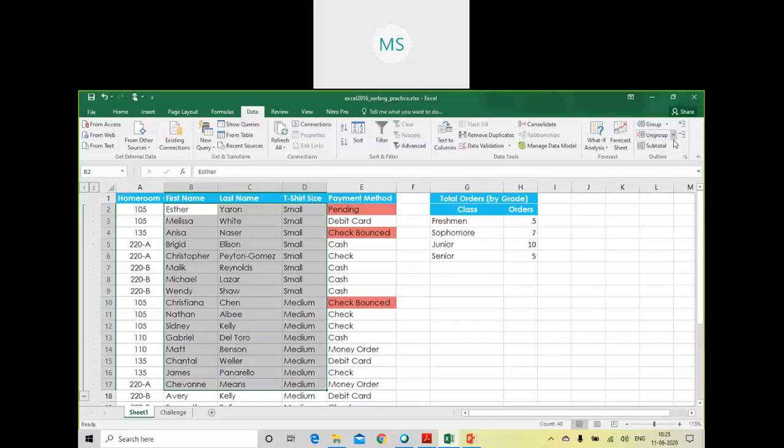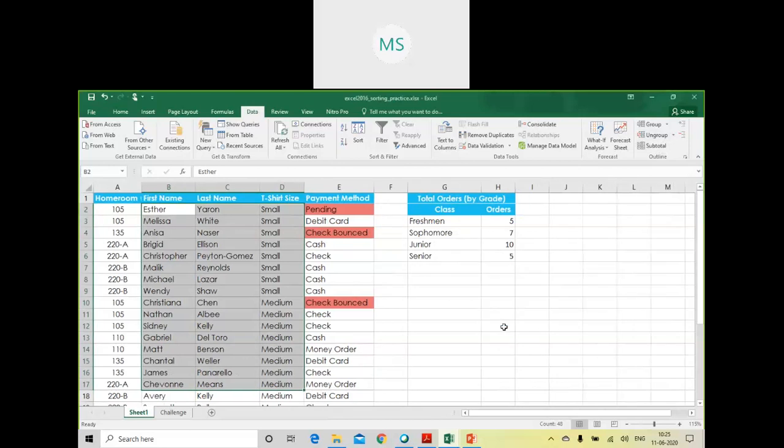Now suppose you want to ungroup, you go to that and just click on ungroup, and then it will ask you whether you have to ungroup a row or column. So we have grouped rows, so we are going to ungroup rows only. Now if I click on columns, it is not going to work. Why? Because I haven't created any group on a column. I have created a group on a row, so I have to ungroup rows only. So click on OK. The moment you click on OK, your group will be removed.